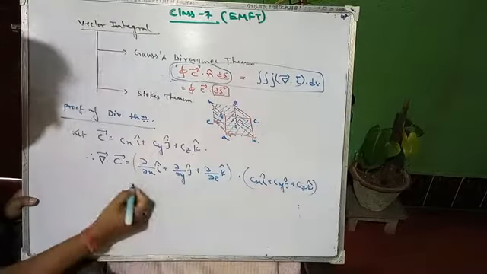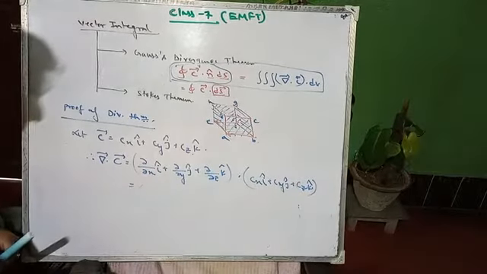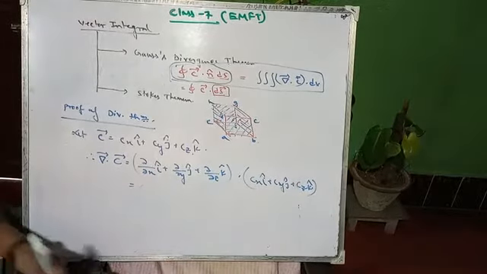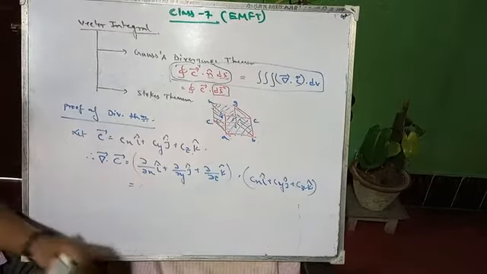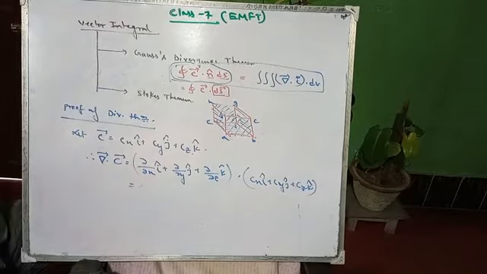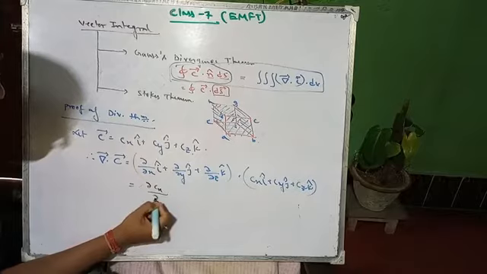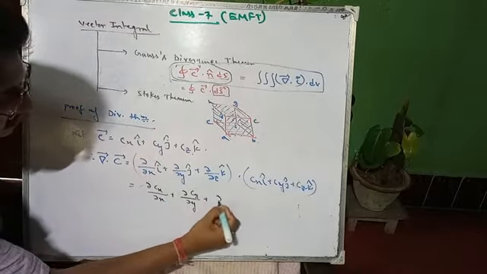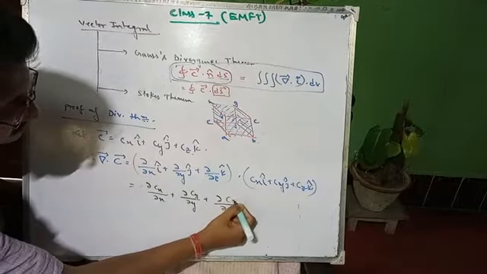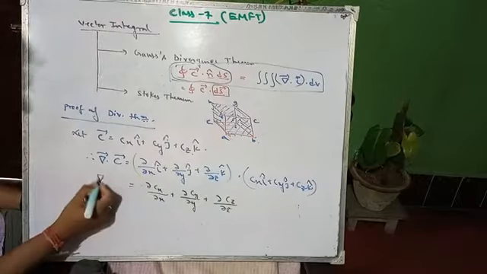Okay, so now what does the dot product mean? i dot i will be 1 and the rest are 0. So what will be your answer? Your answer will be del Cx by del x plus del Cy by del y plus del Cz by del z. Okay, so this is the divergence of C.